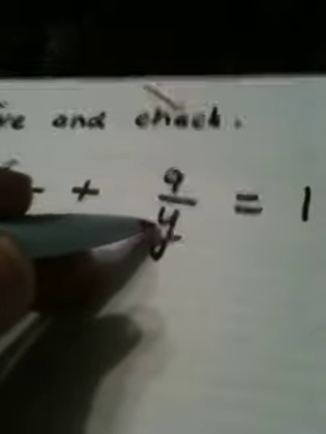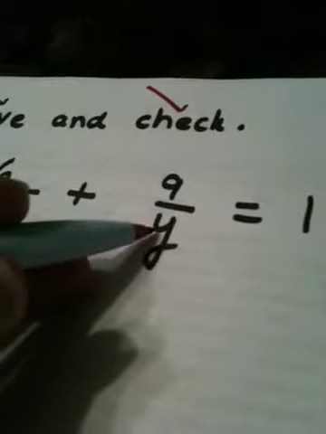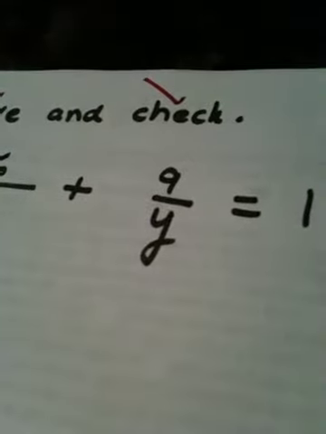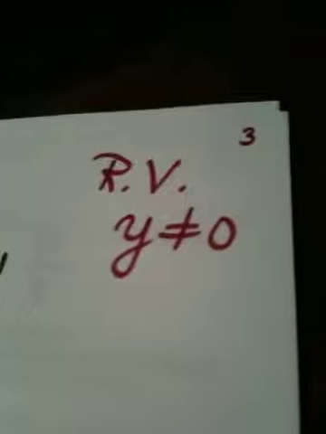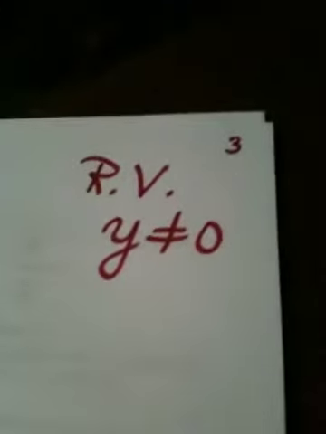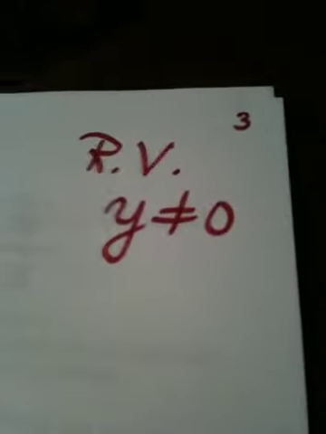And also the same thing pertains here. If I put in a 0 for y in this denominator, the whole denominator would become 0. Not acceptable. So my restricted value is y cannot equal 0. At the end of this problem, you cannot allow that answer. Now,